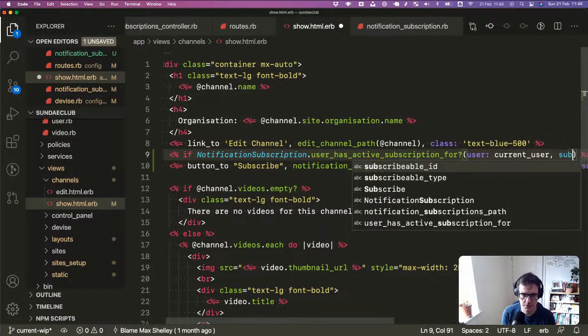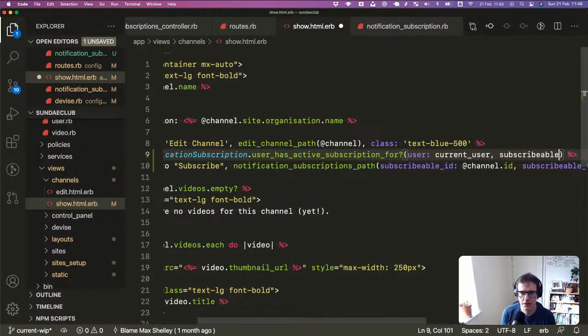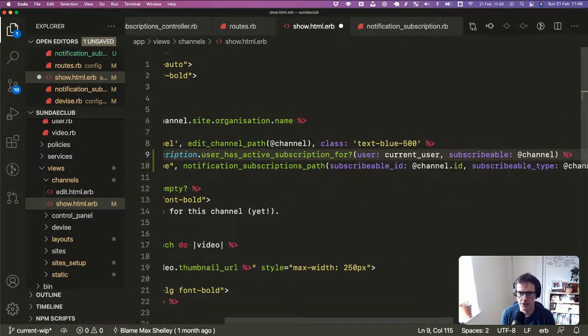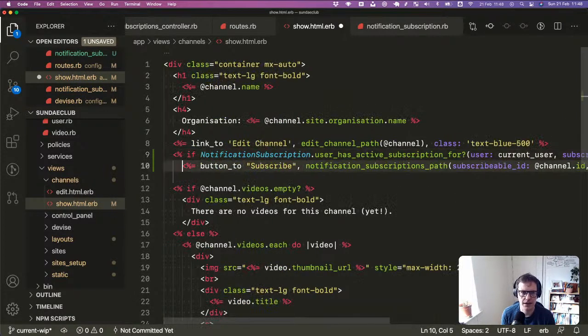And then the subscribable, because again, you don't need to pass all this through. Like in a helper, you would know that it was the current user. So you could just say user has active subscription for channel? Because you would know that you had the channel as an instance variable. You'd know that you had the current user. And so in the view, this could just be like a very short method. But that doesn't really matter right now. And then that could be the channel. So if that, then show